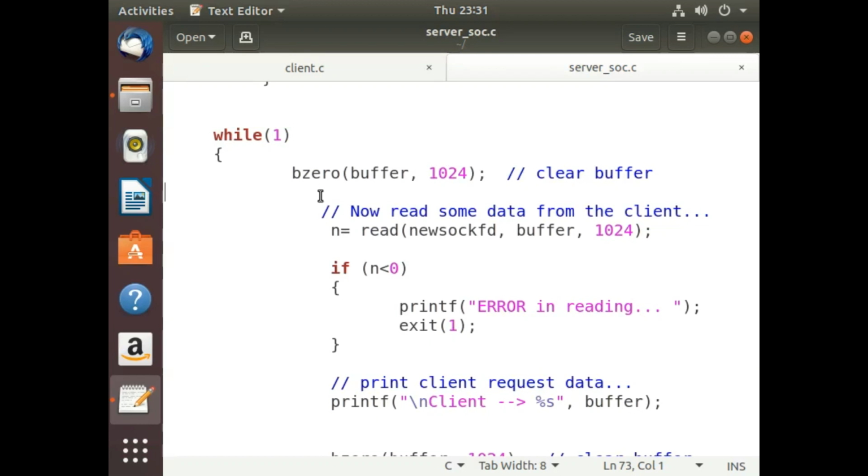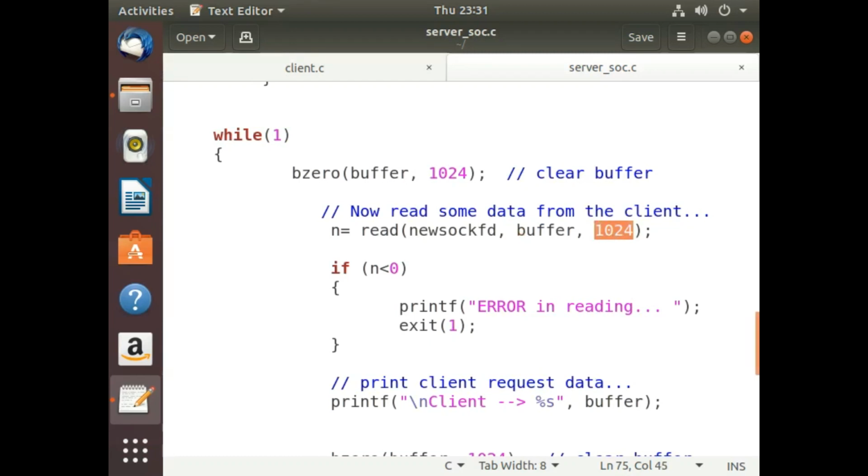So I have used the read function to read some data which is coming from the client side. To the read function, we are passing the socket file descriptor of the newly created socket through which we are going to read the data. Second argument is the name of the buffer in which we are going to store the data which we have read. And third is the size of the buffer.